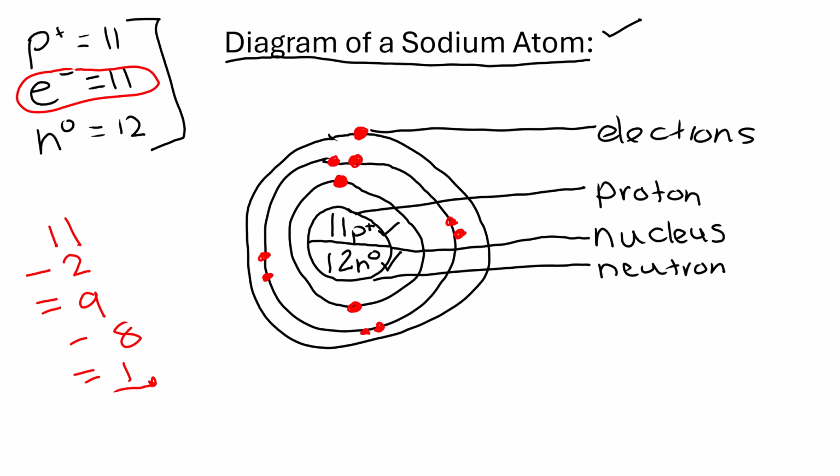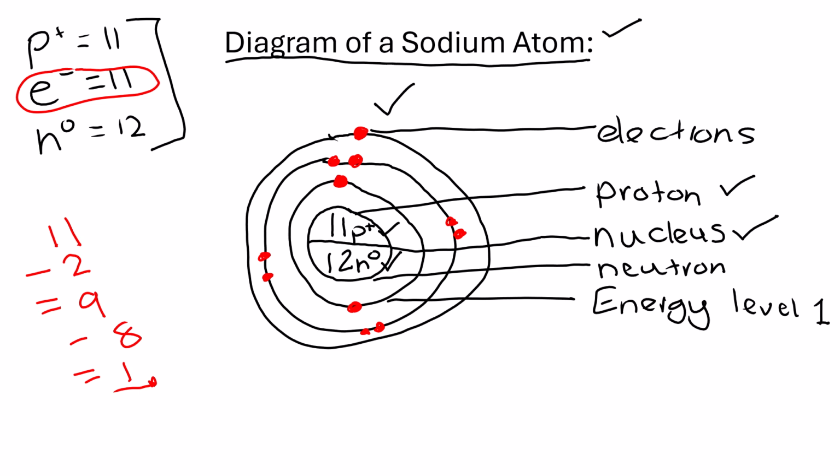You're going to do your protons and your neutrons. You have the 1 mark for the correct number of electrons being on the correct energy levels. And then maybe your teacher might give a mark for nucleus or a proton. They might even give you a mark for labeling energy level 1, energy level 2, energy level 3. You might get marks for that. So sometimes this is out of 5, sometimes it's out of 8. It just depends on what your teacher has given you. So this is where the main marks are: your heading, your correct number of electrons, protons, and neutrons, and then 2 or 3 marks for the labels.